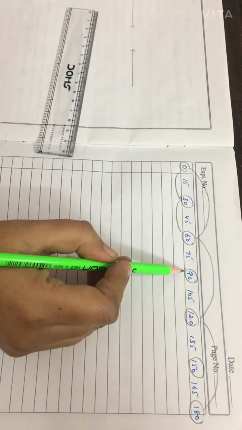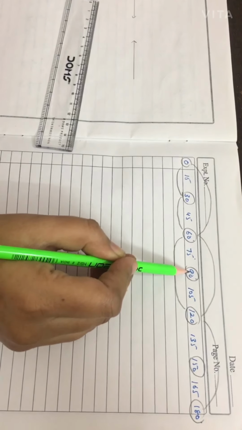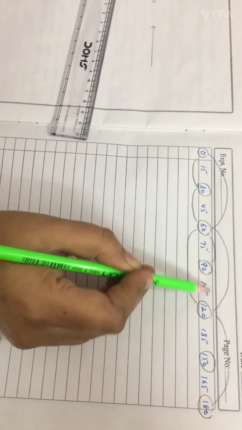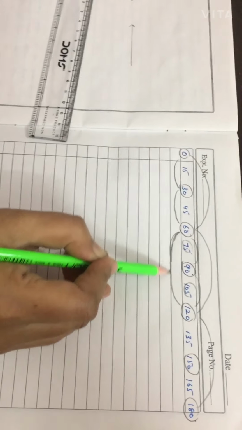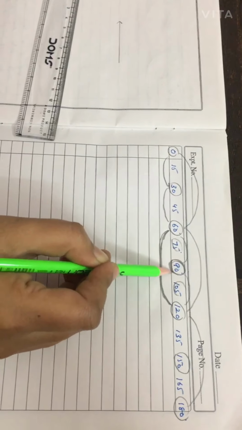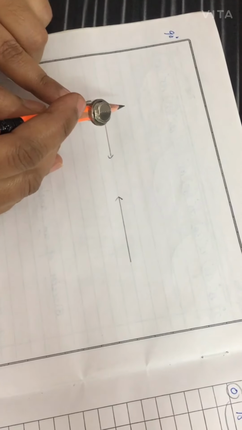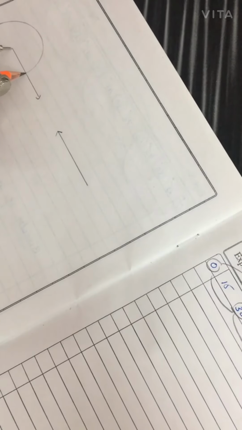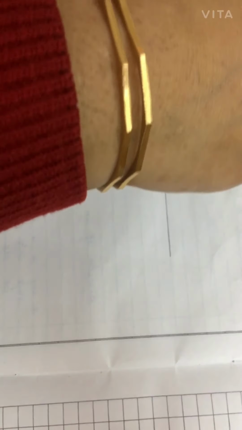Now we are observing 90 is exactly between 60 and 120. You can see the gap between 60 and 90: one number is there. 90 and 120: one number is there. So 90 exactly lies between 60 and 120. So if we want to construct 90, we will use the points of 60 and 120 degree. It's very easy to make. Just keep your compass. Don't increase or decrease it. Once you have opened it, you will keep it the same. Now the initial one is 0 degree, keep on this. The first is your 60.